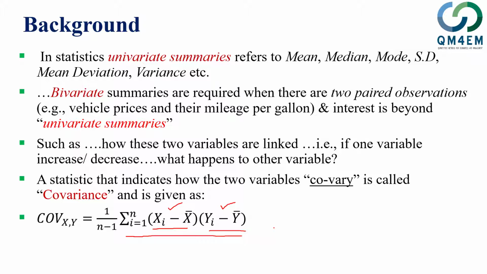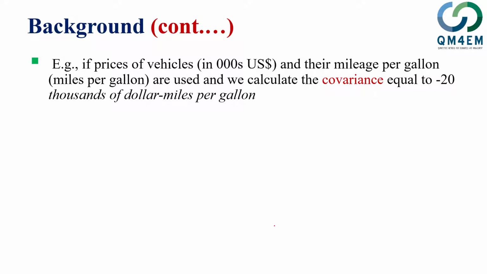For example, if I have data on vehicle prices as the x variable and the y variable as mileage per gallon, and I calculate its covariance, I will get a single value, and that single value summarizes the co-movement of these two variables. So let me elaborate this further. For example, if I have vehicle prices in thousands of US dollars and the mileage in miles per gallon, and let's say I have around 100 different kinds of vehicles, and I calculate their covariance by the formula listed on the previous slide, and let's say I got the value of minus 20,